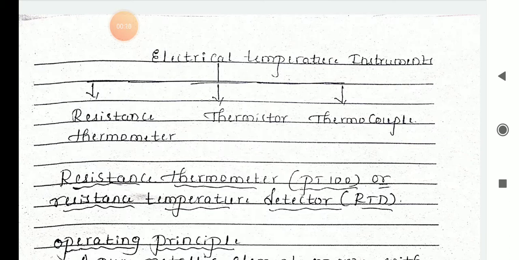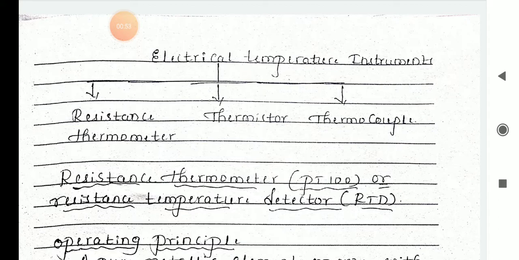In the last class we have seen pressure measurement. In that, what is the meaning of pressure? What are the units of pressure? And also detailed classifications of pressure measurement. In those classifications, the first is the Bourdon tube, where we discussed the C-type Bourdon tube in construction, working, and application also. The second one is the diaphragm, and the third one is the bellows.